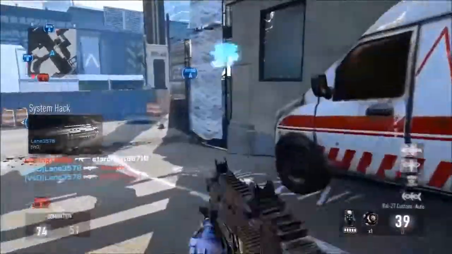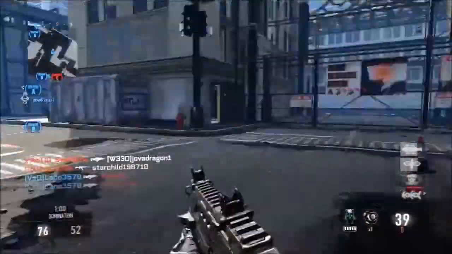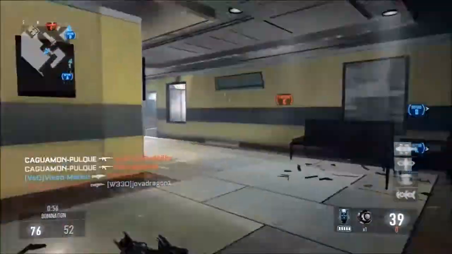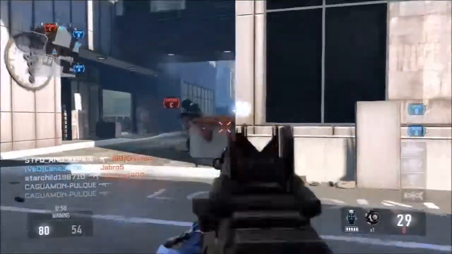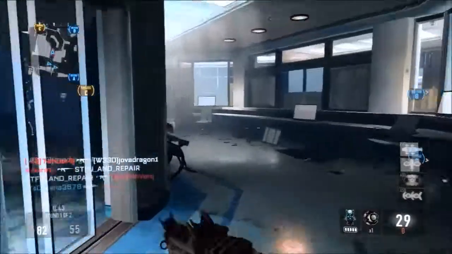This is such a fast-paced game. In my opinion, with the addition of the exosuits, this is a super fast-paced game. As you can see right there, you can strafe back and forth, and then they can't catch up to you, which is awesome. Instead of standing there and using your stick and moving the gun back and forth, you're moving your body back and forth,